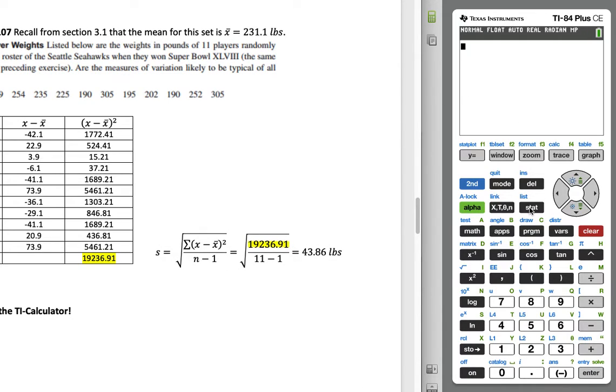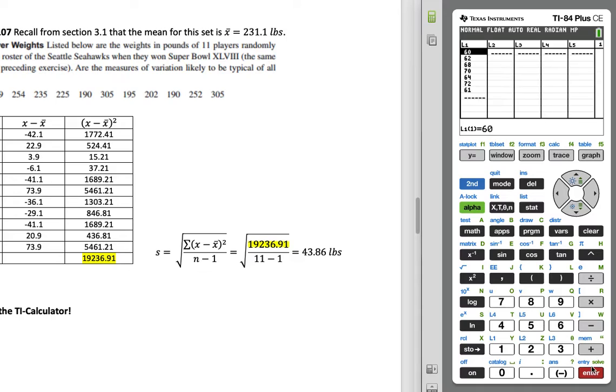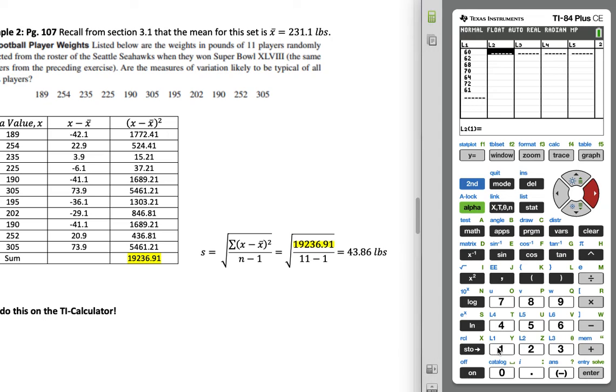So if you go to your calculator, press Stat, we're going to edit our data. So because I have stuff in L1, I'm going to actually type this into my list called L2. So if we go back to our data here, let's go ahead and type in those weights, 189, 254. So go ahead and take out your calculator, and work along with me here. Let me redo that, 254,